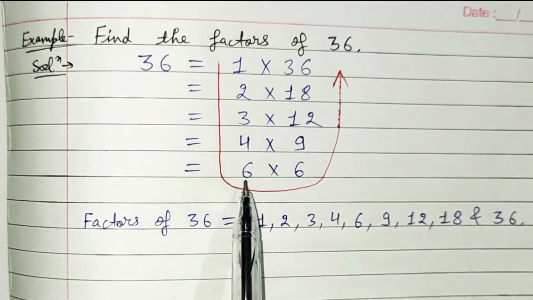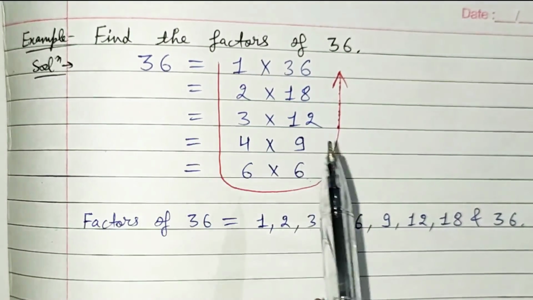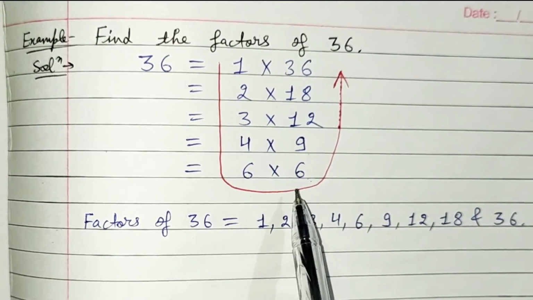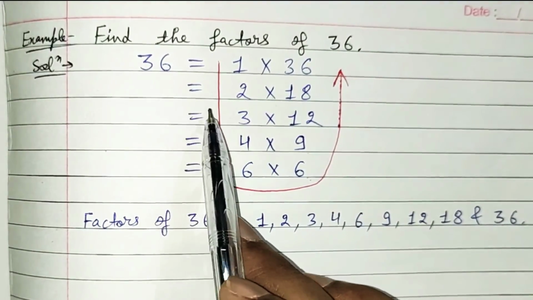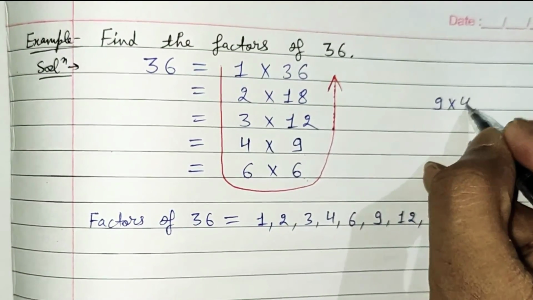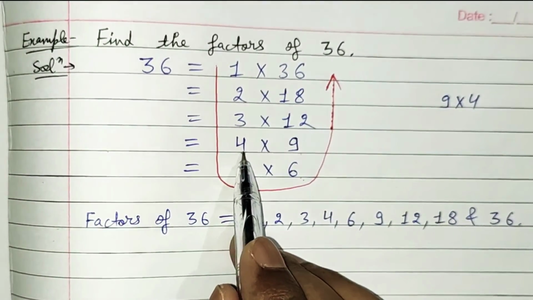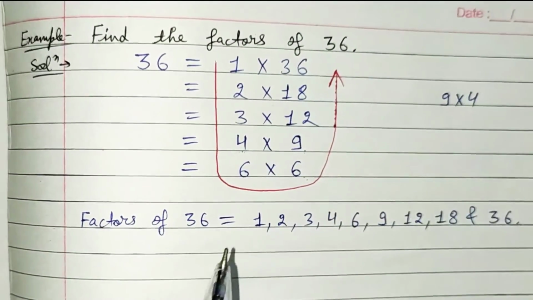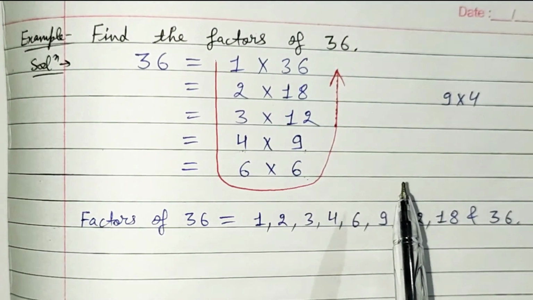And after this 6, why are we not writing 7? Because 7 cannot divide 36. 8 cannot divide 36. 9 can divide 36, but 9 can divide 36 4 times. If we write this, we can write 9 into 4, but there is no need to write this again because we already wrote 4 into 9, which means the factors get repeated. And I told you in the last example also that whenever our factors get repeated, we have to